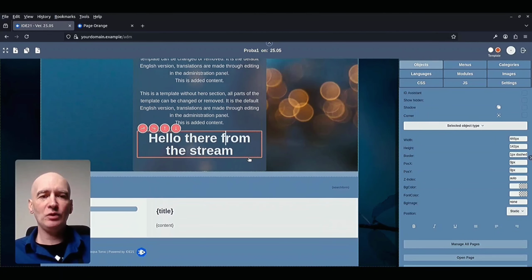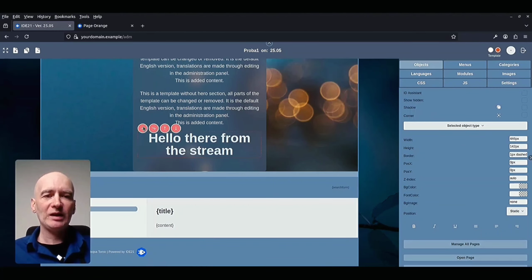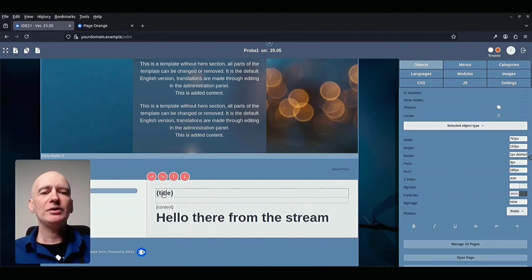You can also move the objects from one parent to another by clicking on the first Mark Currently Selected Object button, and then you select the object that you want this previous element to be appended to, and you click the second.